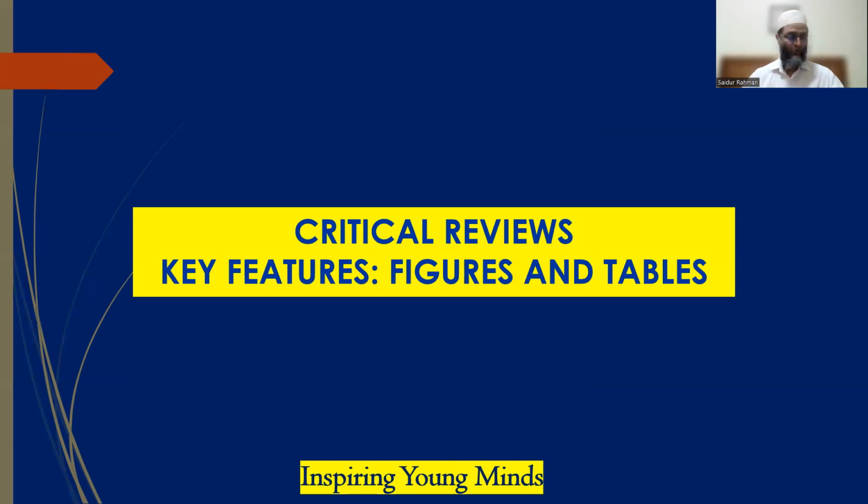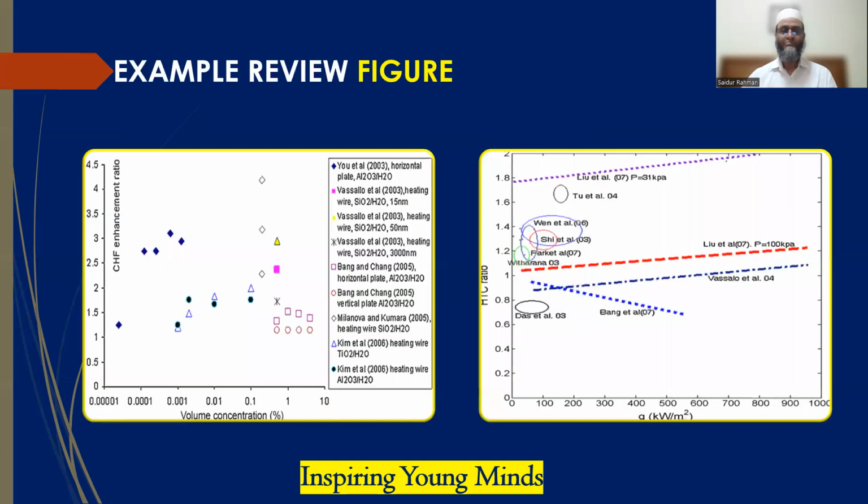Okay, some examples I'm going to give on the critical review of literature. These are examples in the form of a figure. As you can see, summarizing a body of literature. So here, let's say the 10 references they have studied and they have drawn their own figure. This is one source of critical review of literature in the form of a figure. Okay, I'm not going to explain the figure, just to show you. These are the ways. And you also need to learn how to do these things.